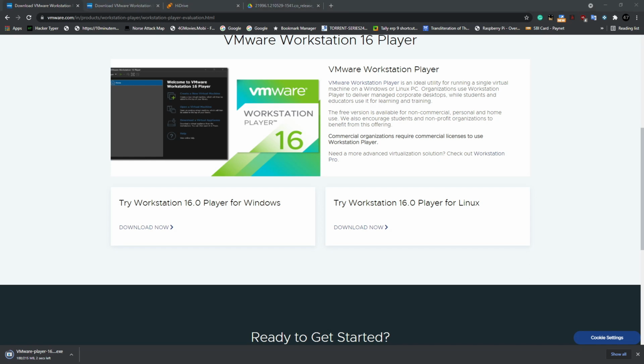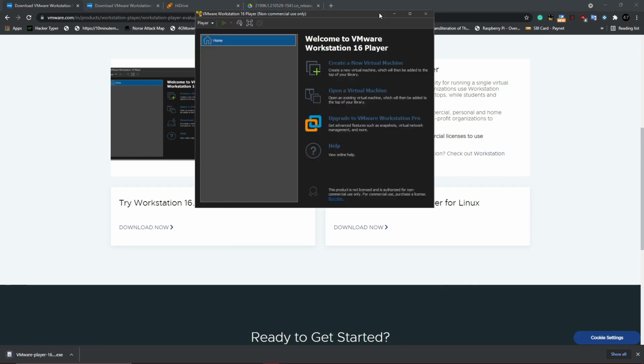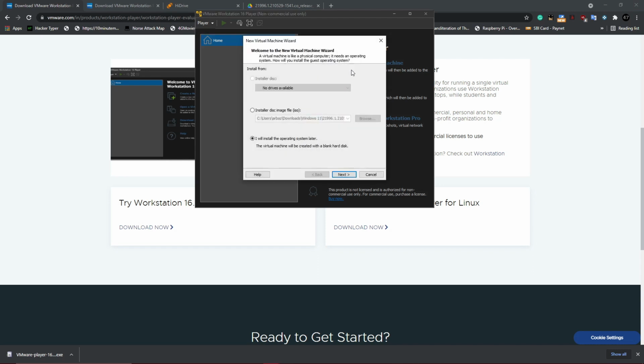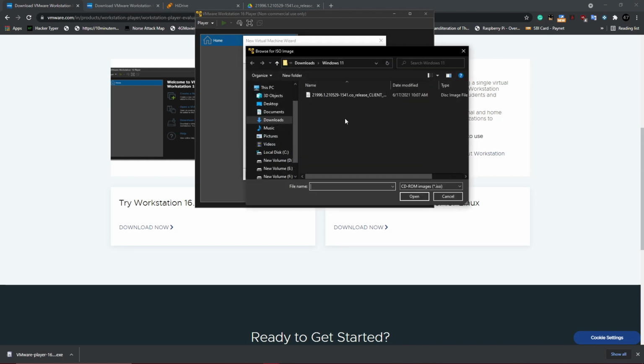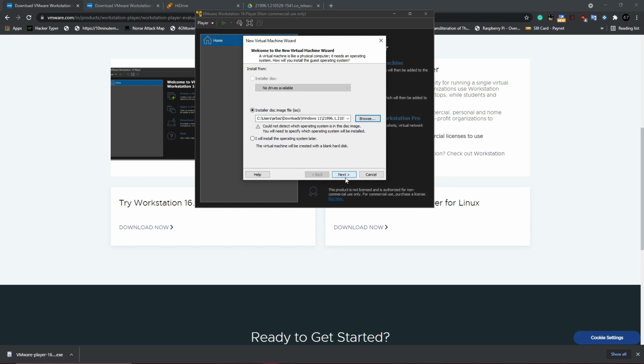Once that is done, we just need to open VMware, and as you can see on the screen, here is the home page of VMware Workstation once the installation process is finished. So we will just click on create new virtual machine, and after that I will click on installer disk image here, and we will browse, and you just need to navigate to where your ISO file is available that we have downloaded for Windows 11. You can see here it is around 4.5 GB, so you can just download it directly from the link which is available in the description of this video. So after that we will click on open and we will click on next.